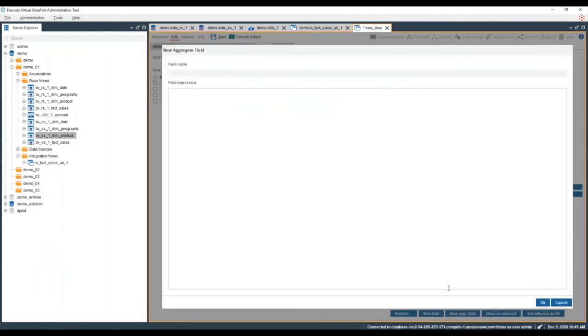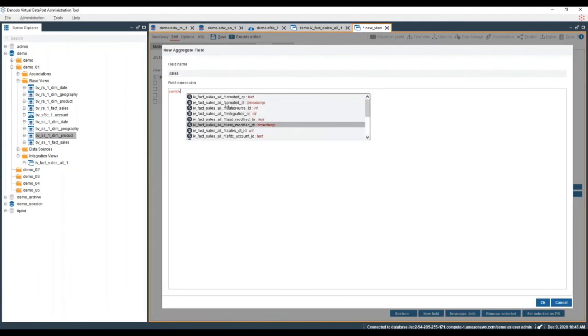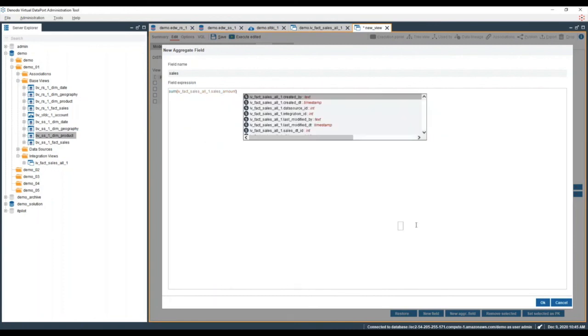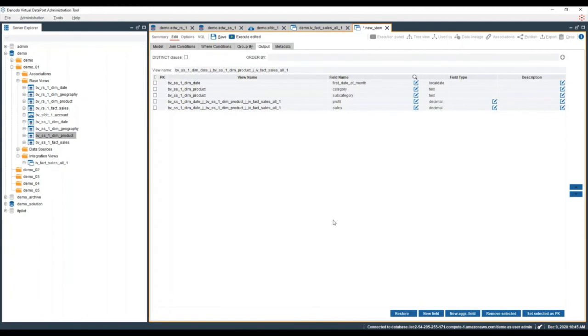And then my second aggregated field will be sales, sales amount, and hit OK. All right, and this is actually all that I'm going to need for my aggregated view for